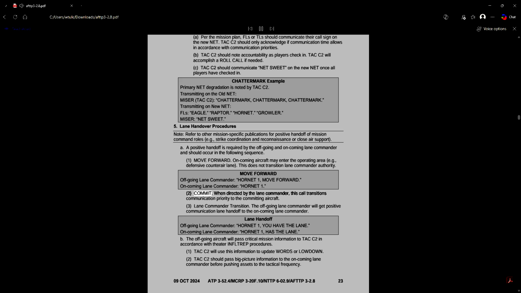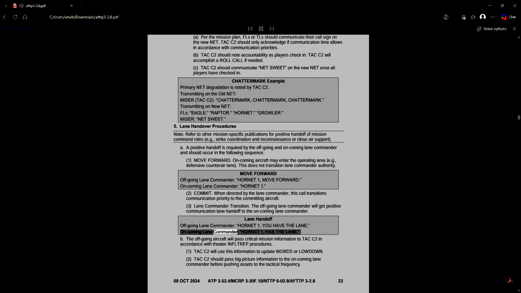2. Commit. When directed by the lane commander, this call transitions communication priority to the committing aircraft. 3. Lane commander transition. The offgoing lane commander will give positive communication lane handoff to the oncoming lane commander. Lane handoff, offgoing lane commander, Hornet 1, you have the lane.